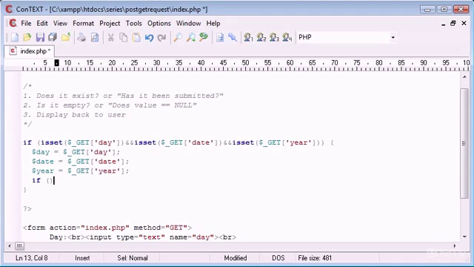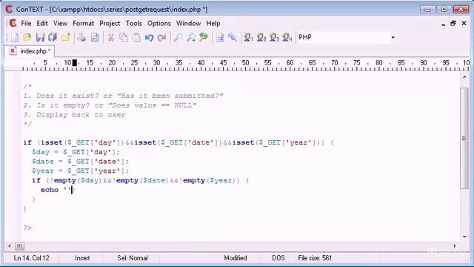Now we can say if not empty $day, and not empty $date, and not empty $year,